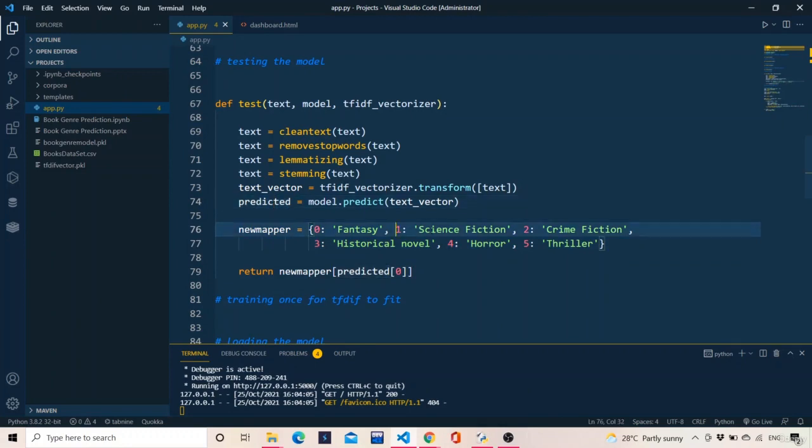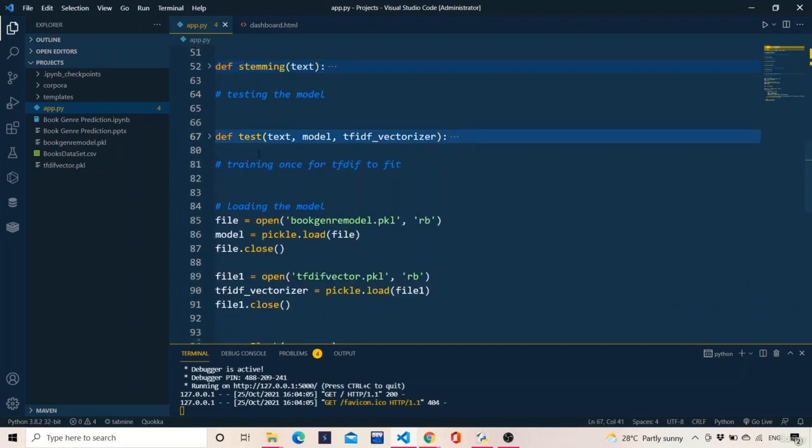If predicted is 1, then the genre predicted is science fiction, like that. And then we are returning predicted of 0, right? This predicted will be a numpy array, and from that numpy array we want the first index, which is why predicted of 0 is used over here, and the mapper returns these things. So this is all about the test function.